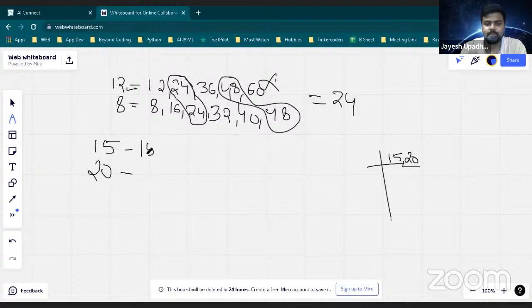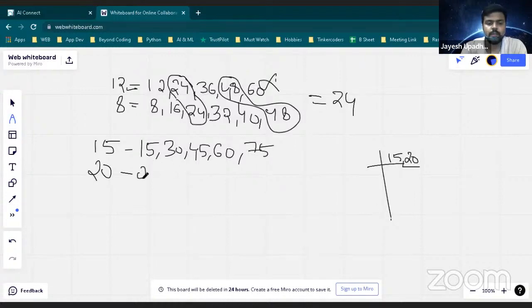So I hope you have guessed 60. So let's see. 15 threes are 45, 15 fours are 60, and 15 fives are 75.